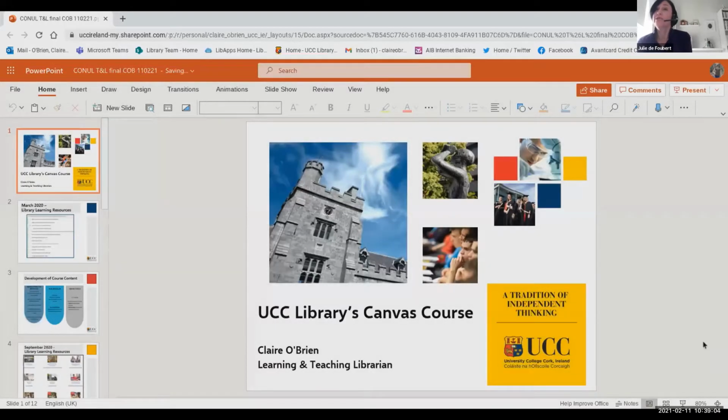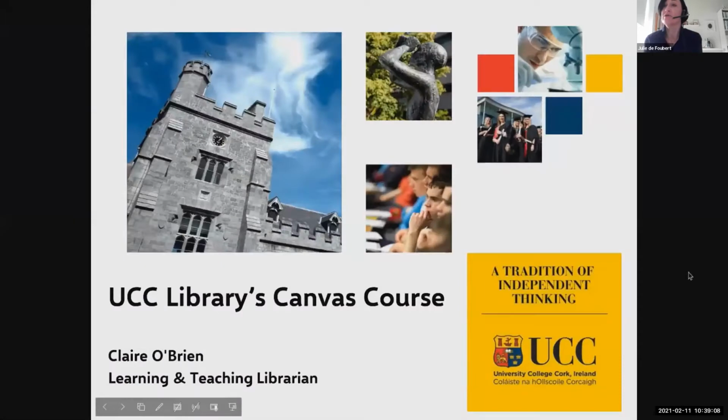Claire's first professional post was as a schools librarian in Derry, and she's enjoyed a wide variety of roles over the intervening 33 years, including information officer with the Clean Technology Centre in Cork RTC, which is now MTU, of course. Since joining UCC 27 years ago, she has mainly held teaching, learning and liaison roles across many